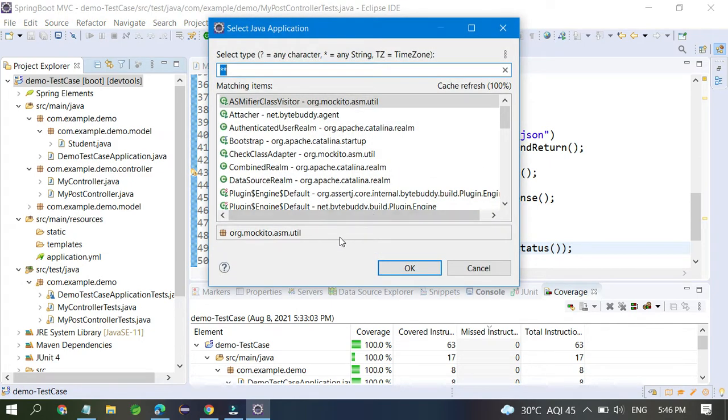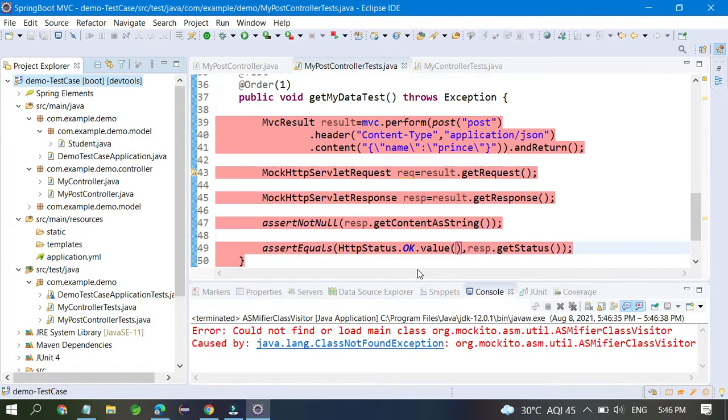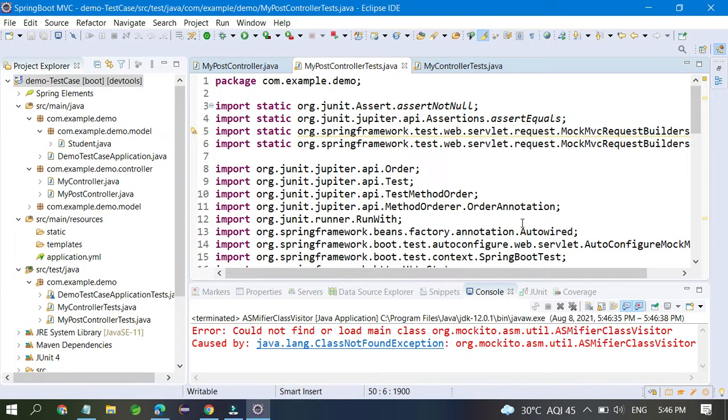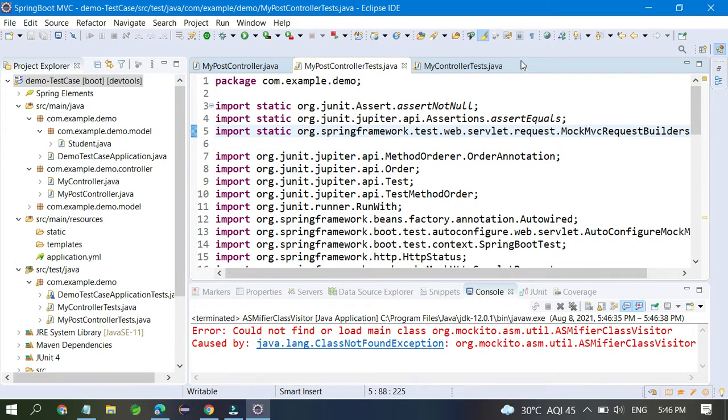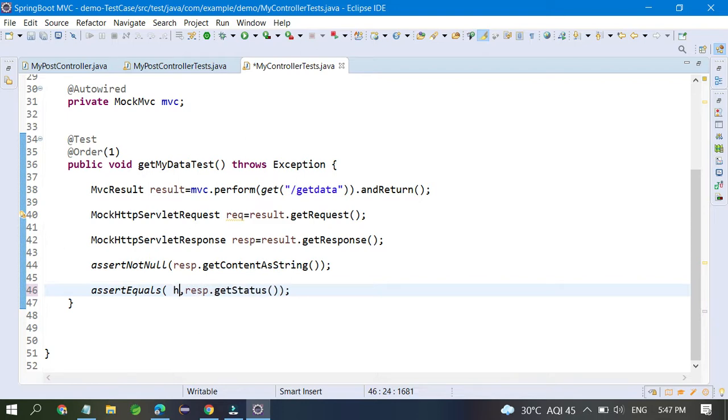Okay, it's saying could not find or load main class, org spring asm file editor mockito asm unit, class not found exception. What is the class here? Control Shift O, fine. Here you can write something different like HTTP status dot OK dot value.